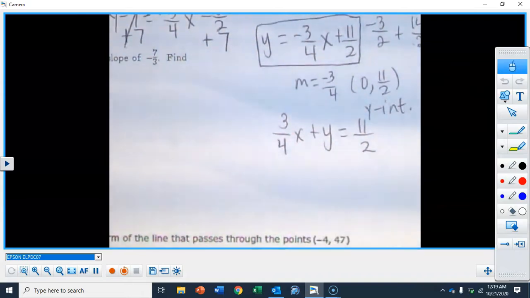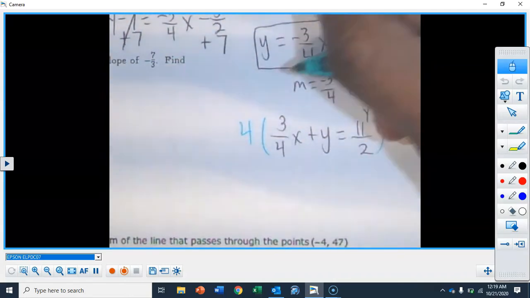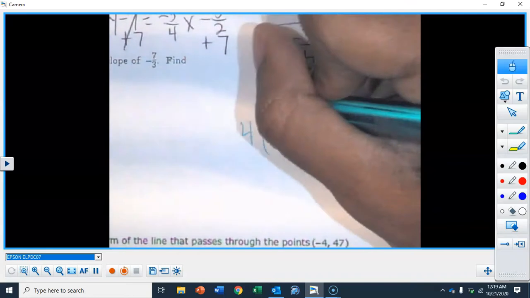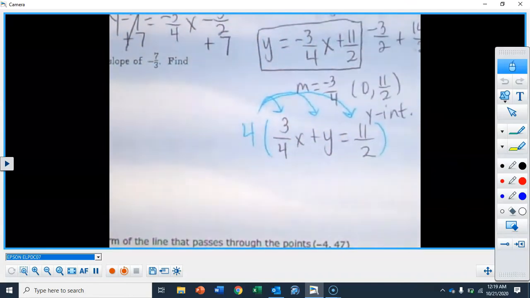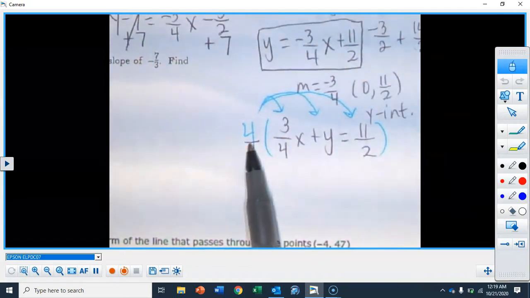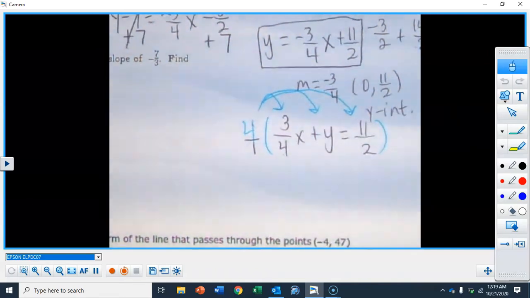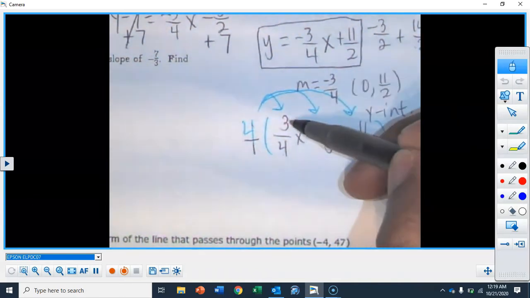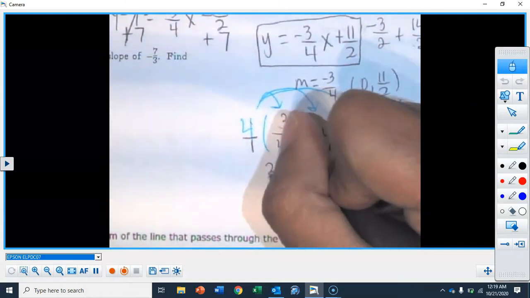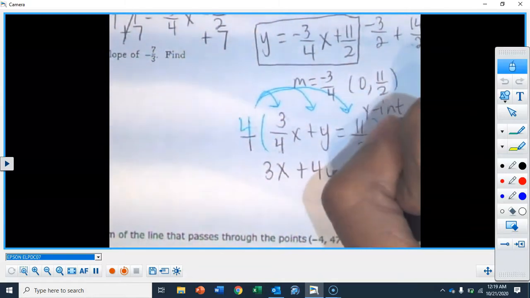Because there's a 4 right here in the denominator and it's positive, we're just going to multiply this whole thing by a 4. Clean this up by doing the distributive property because I want some nice clean numbers. And so again, this is 4 over 1. So 4 times 3 is 12. 12 divided by 4 is just a 3x. So again, when it's diagonal, they basically just make that a 1, and then you just put whatever's there as your answer. So 3x, this is a 4y when I multiply.